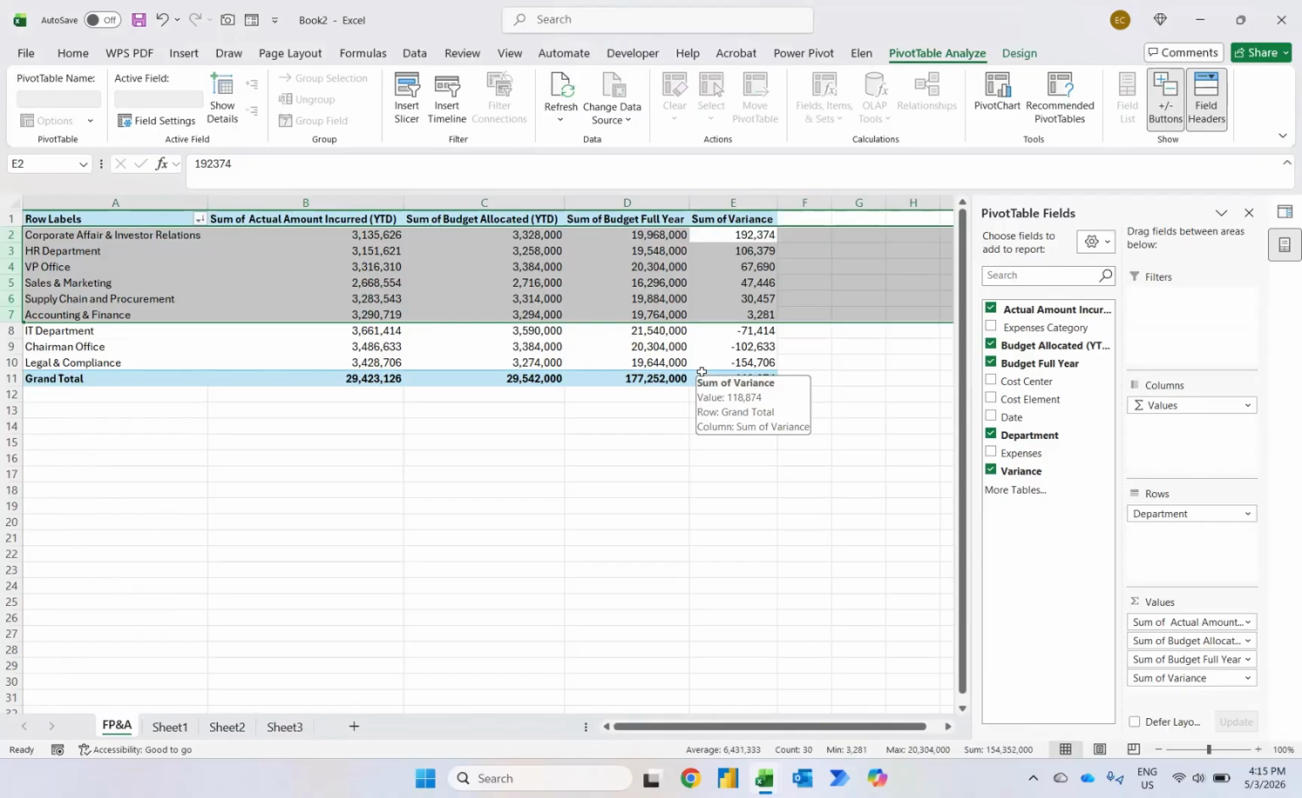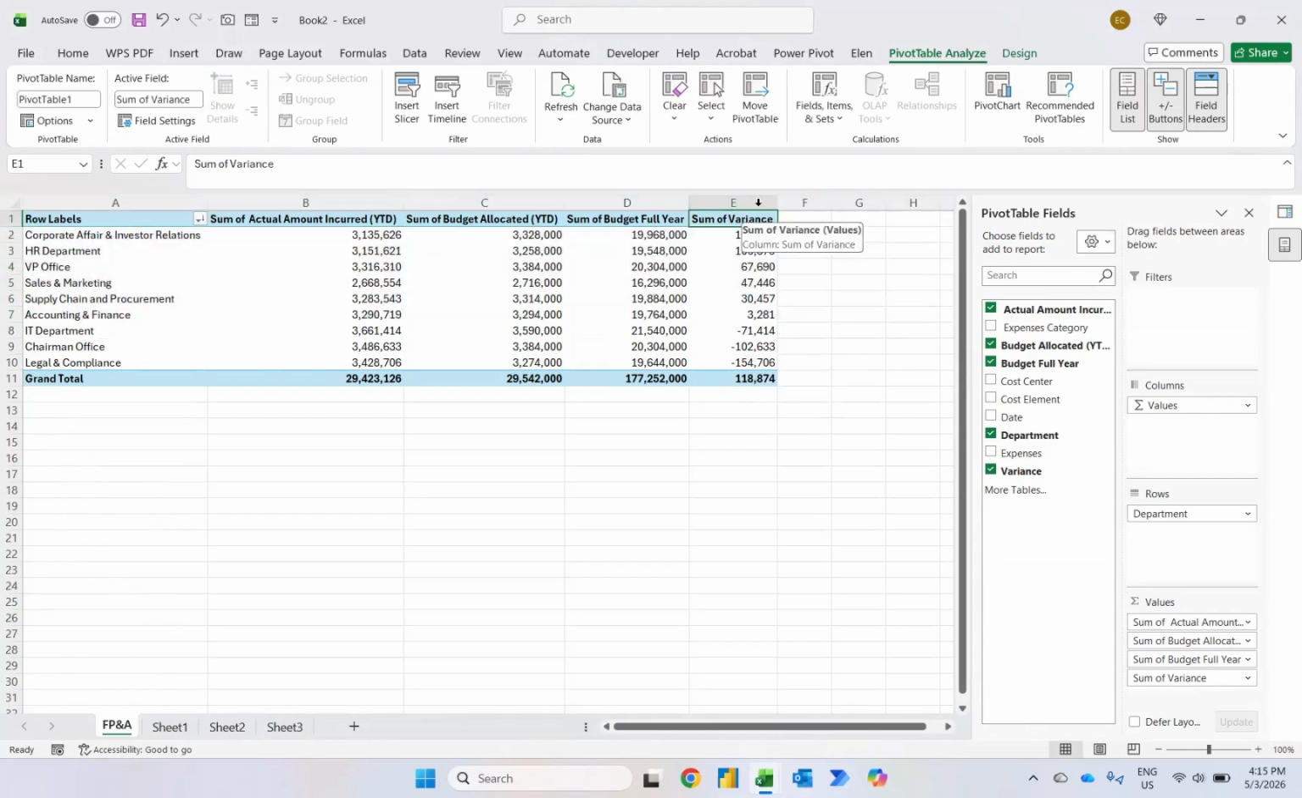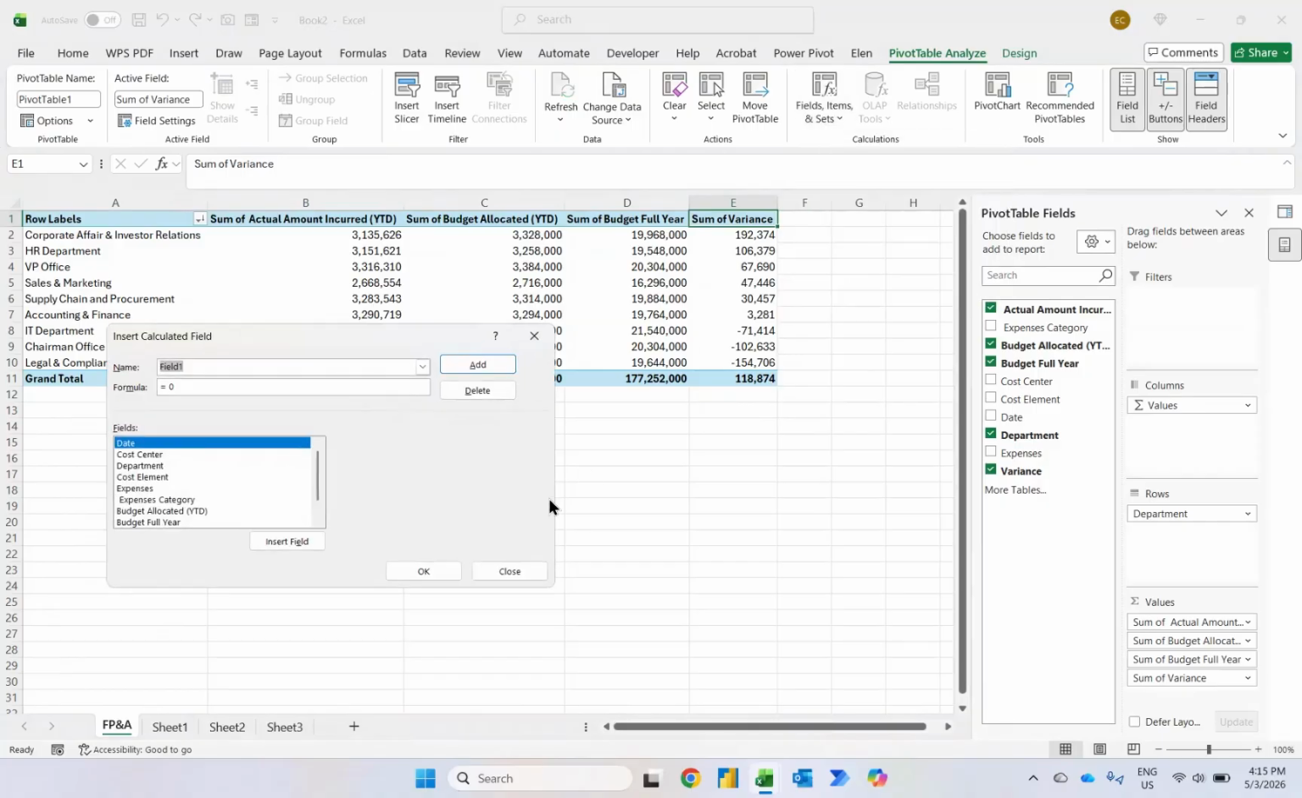So what we can understand is, this one is underspent, this is overspent for year to date. But then since it is overspent or underspent, you want to get clarity on whether there's enough budget for the upcoming years and so on. So what I'll do is go to pivot table analyze, fields, items and sets, calculated field. So here I'll name it budget